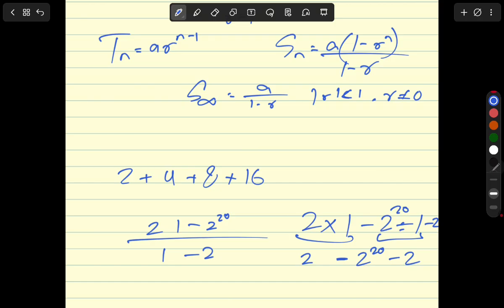Then it's going to divide -2. So 2 cancels -2. So the answer that your calculator is going to produce is -2 to the power of 20 multiplied by a -1, right? So don't make those mistakes that you shouldn't, right? Now,